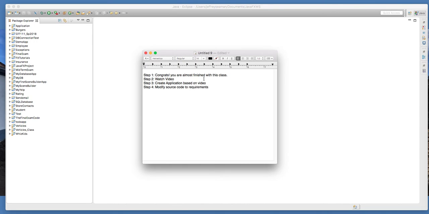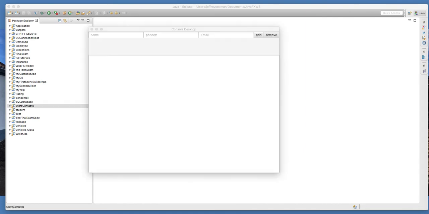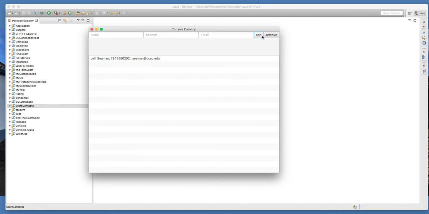So what I'm going to do is teach you how to build an application that allows us to, let me see if I can demo something here for you. All right, so we have this application here. This is what we're going to develop, but it's going to be a little bit different. In this one here, I have Jeff Seaman, phone number 724-555-0202, email jseaman@ccac.edu. I'm not using a database, just objects on the screen, so it allows me to add